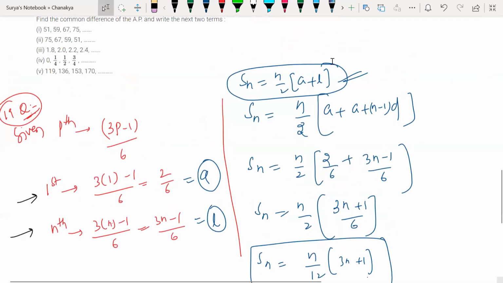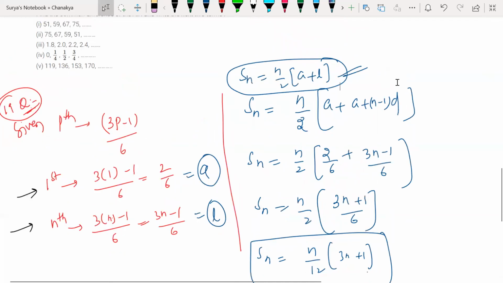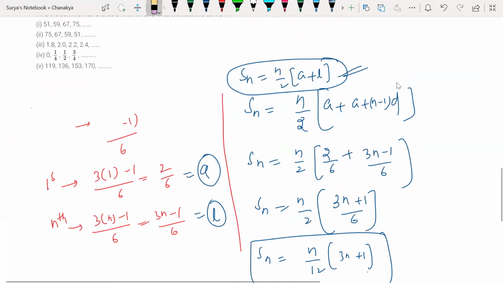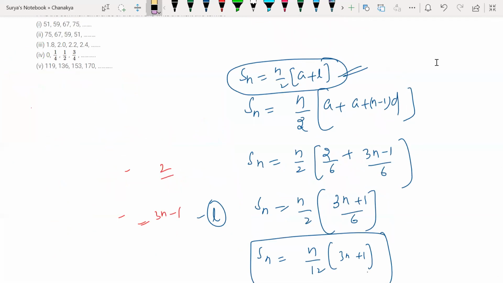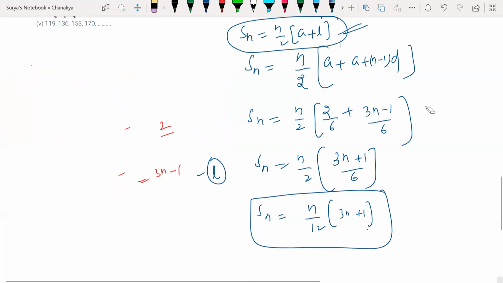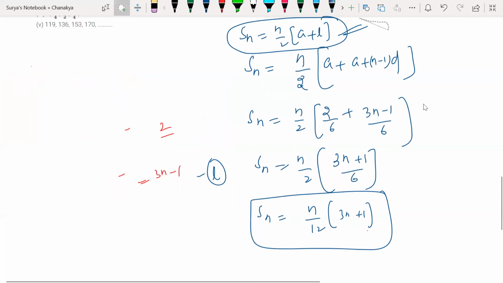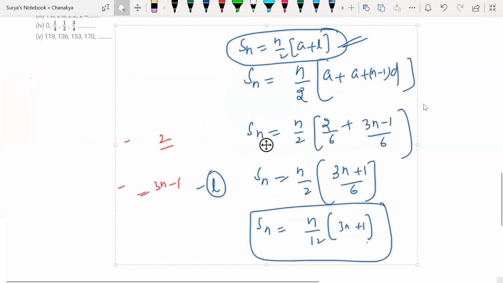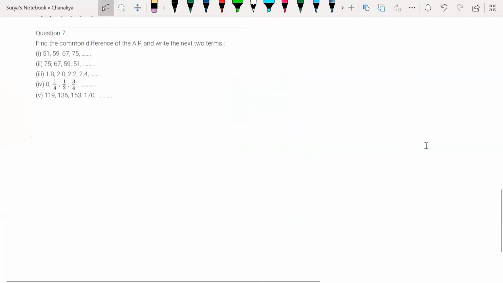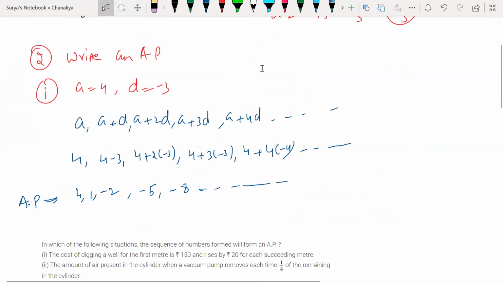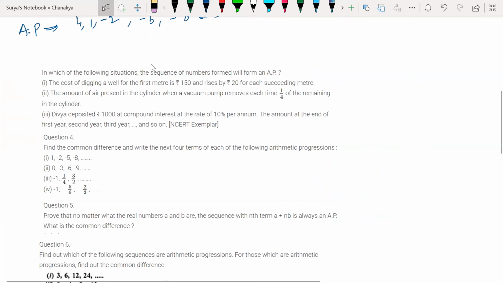So now, let me erase this part. Why? Because we have to solve the question, so it will get disturbed again. Now the quiz, question number 3. The first two questions we have solved. The question number 3 is,